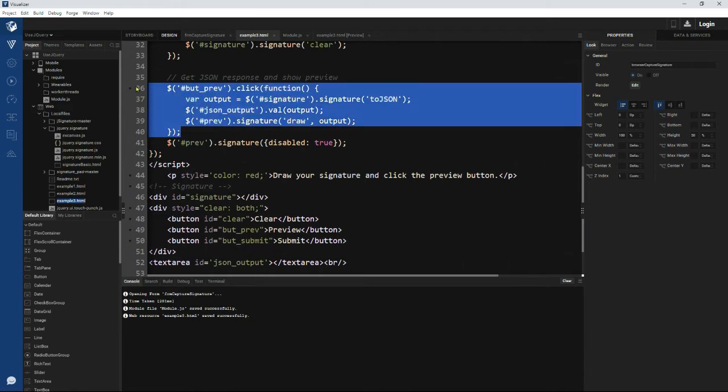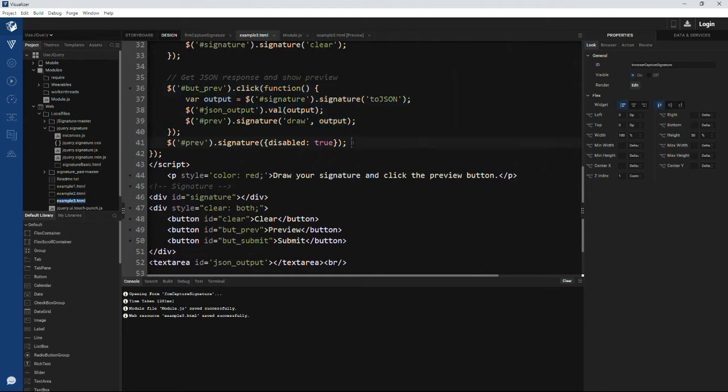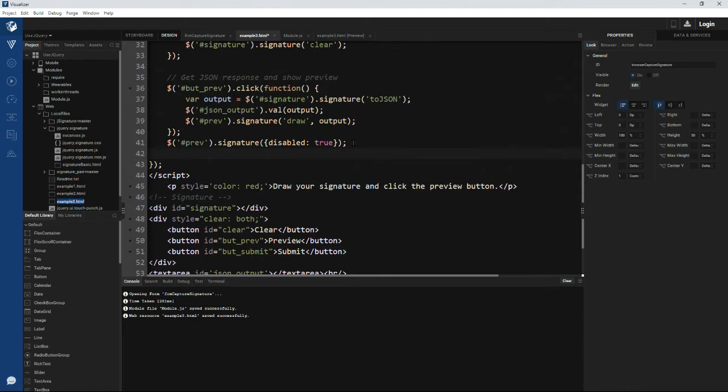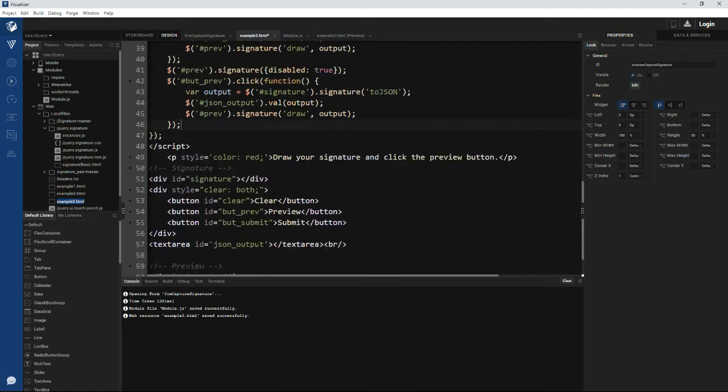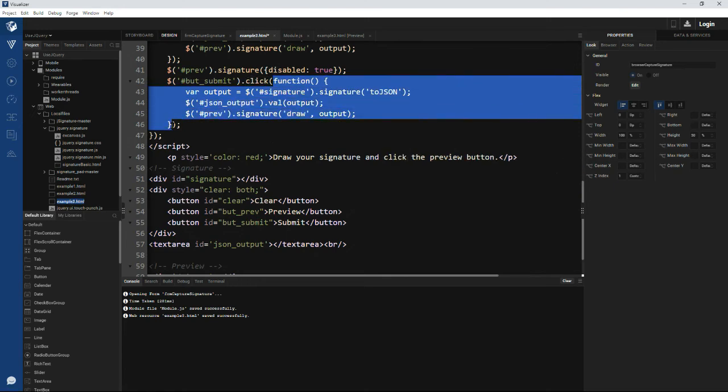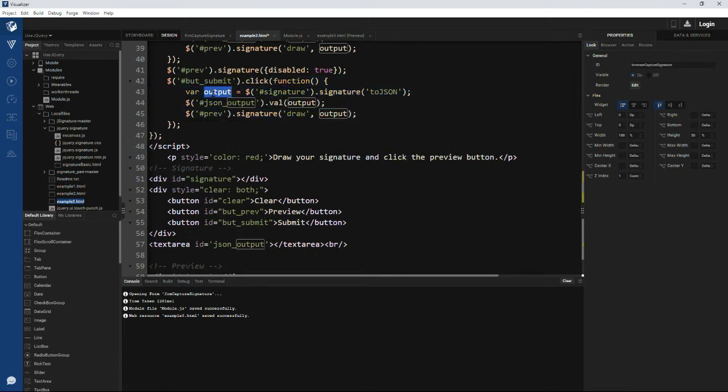So I'm just copying the on click functionality of the previous button that we have already inside this example3.html. And we are defining the on click event of the submit button. I'm just changing the ID of the button, and for the on click event, what is the function that should get executed? We want to capture the signature that is made as an SVG file,